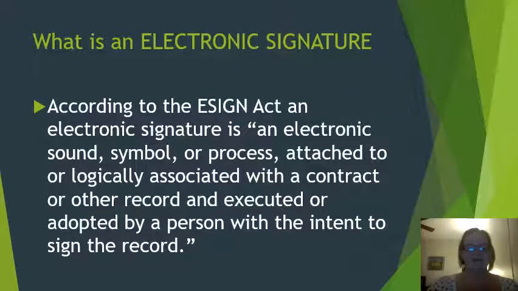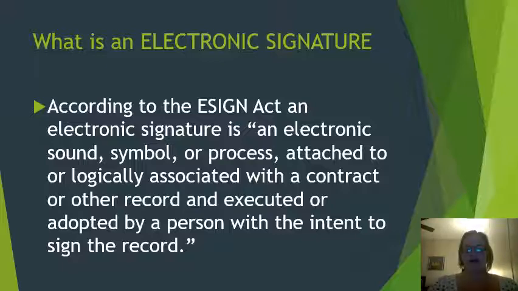According to the eSign Act, which is the Electronic Signatures in Global and National Commerce Act, an electronic signature is defined as an electronic sound, symbol, or process attached to or logically associated with a contract or other record and executed or adopted by a person with the intent to sign the record. In this definition,